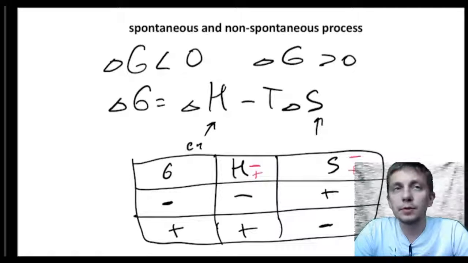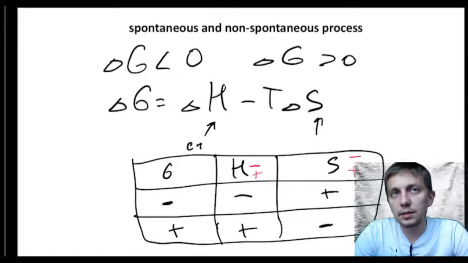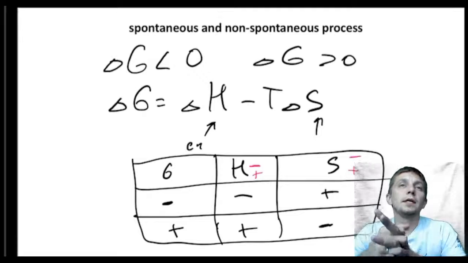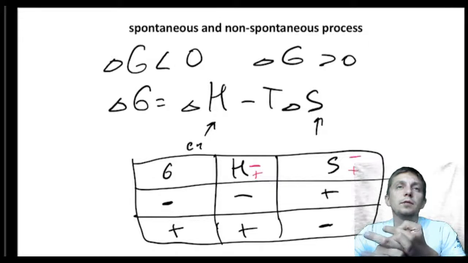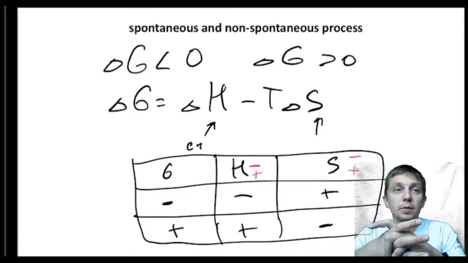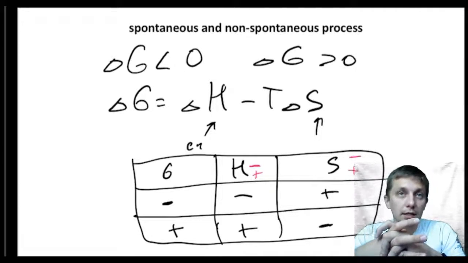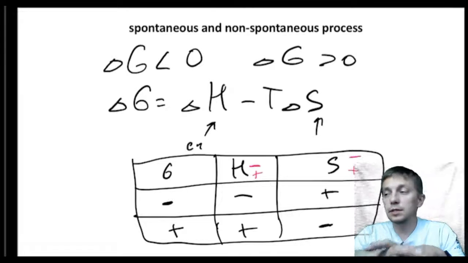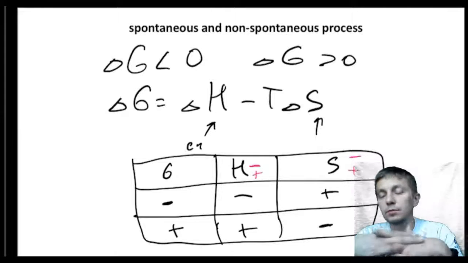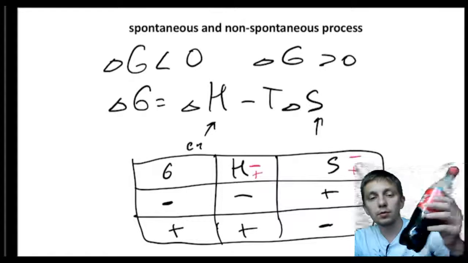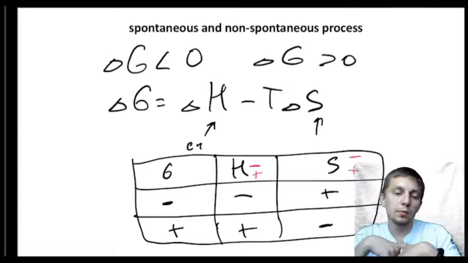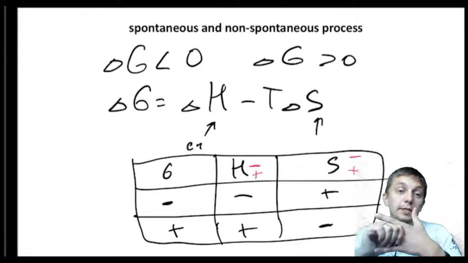We will not discuss Gibbs energy calculation deeply, but we will talk a lot about Gibbs energy in reactions next Monday. Next Monday, I promise, we will discuss what happens when we drink drinks, what happens in our veins, in our blood, what happens with cola, with mineral water when we drink, what happens in our stomach and in our blood.